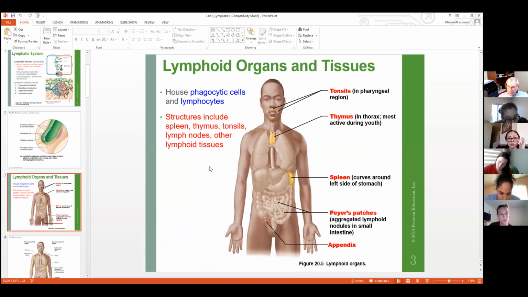Slide 3, this is slide 3. I guess most of this has to do with secondary lymphatic tissue. But other than just identifying these locations,